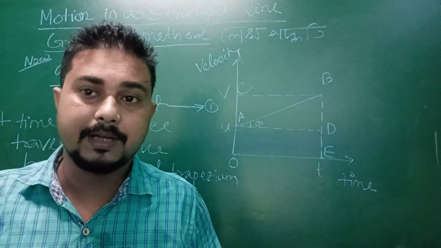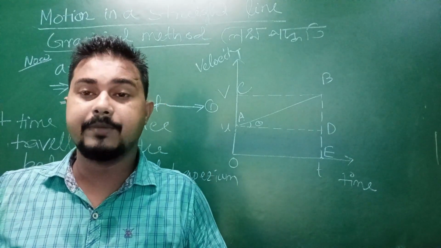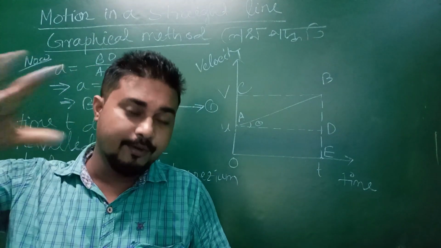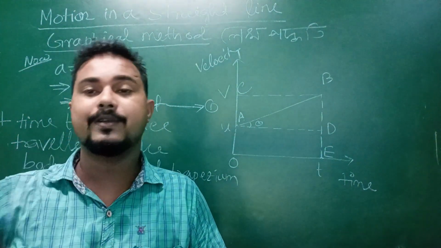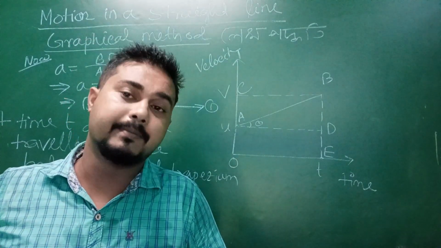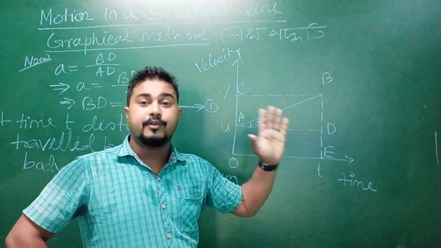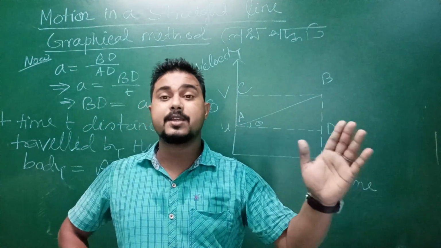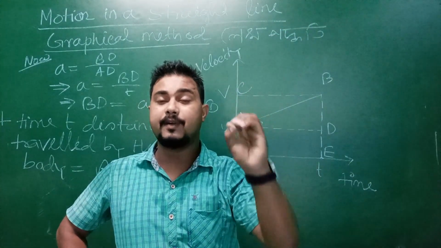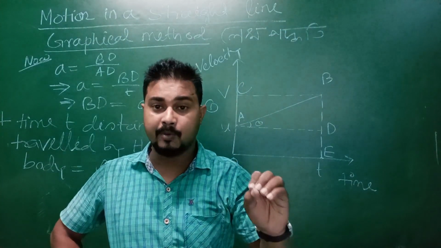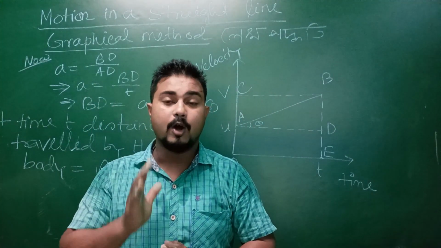So if the body has travelled a distance s in time t, and if we draw a graph between velocity and time, we will get a graph which looks like this. If small u is the initial velocity of the body and after time t its velocity becomes v, now if we try to find the expression for the distance travelled by the body in time t, then that must be equal to the area of the trapezium